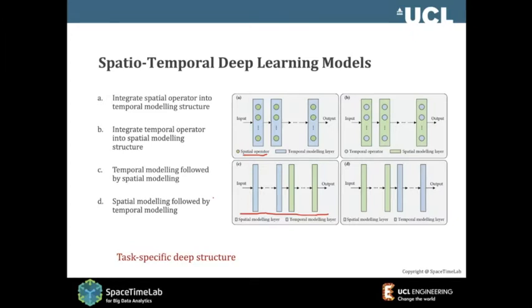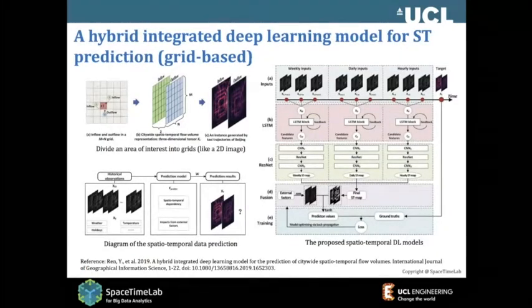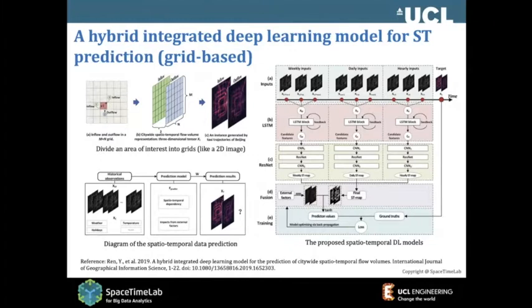So let's look at what has been done. How to do it? Originally, the CNN convolutional method was mostly used because we are used to using the grid. This is an example of using transport flow. We divided the space into grids, you have the info for each grid, and that's the final outcome. We want to put them into a model. If you look here, this bit is the historical observation, then you have a model, then you have the outcome. So we put them in the model.